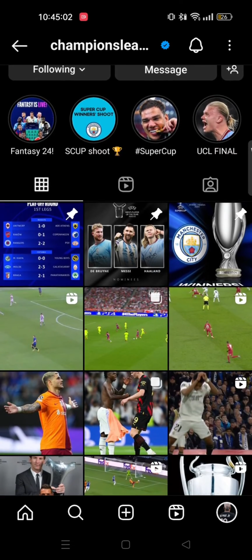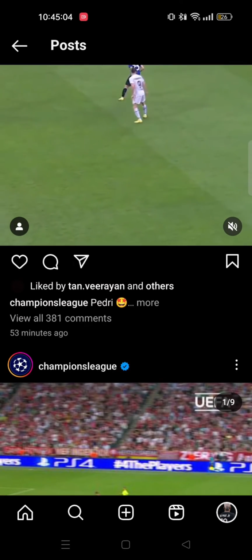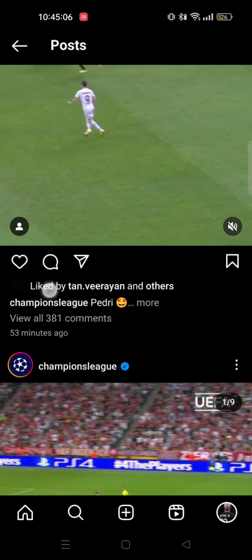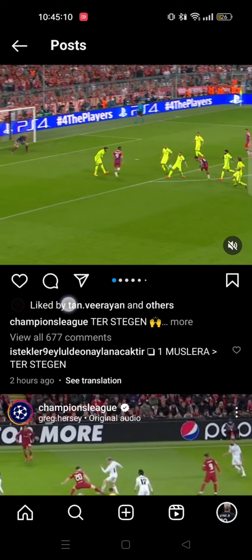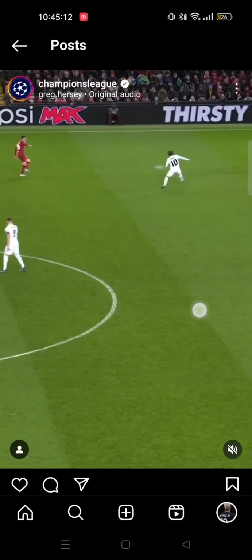From here, I'll open up a random post from them. Now, if you scroll through, you will get to see this message that says liked by on different posts. This is another way you can check your friends' activities. So that is how you can see your friends'